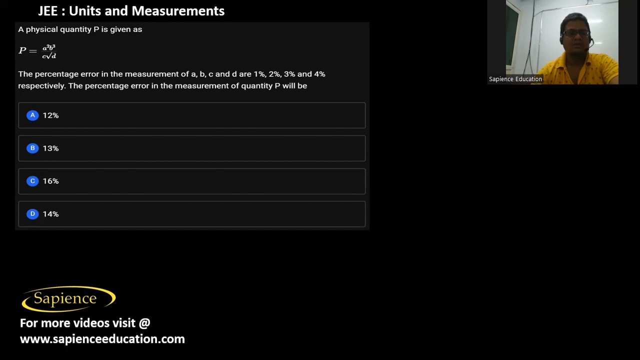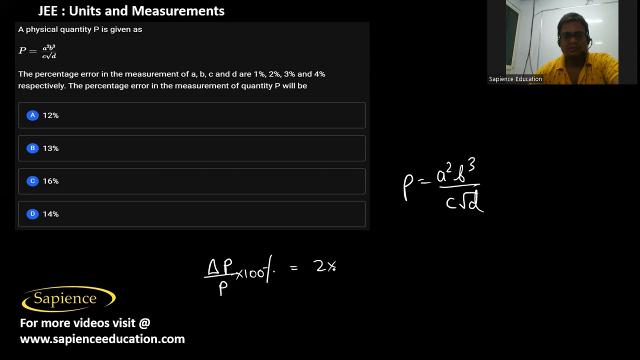And here it is told that the physical quantity P is given as P equal to A square B cube by C root D. The percentage errors in the measurement of A, B, C, and D are 1, 2, 3, and 4% respectively. The percentage error in the measurement of quantity P will be. So therefore, the percentage error in the measurement of P, that is delta P by P into 100%, will be equal to 2 into